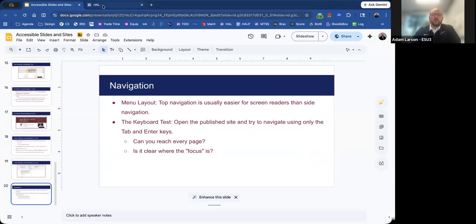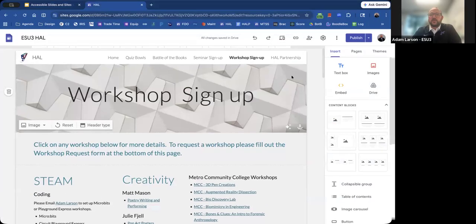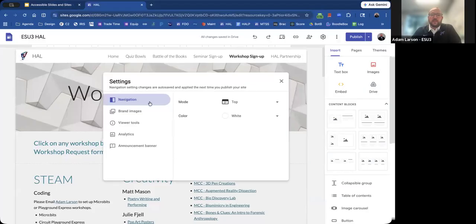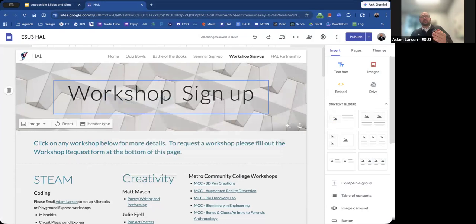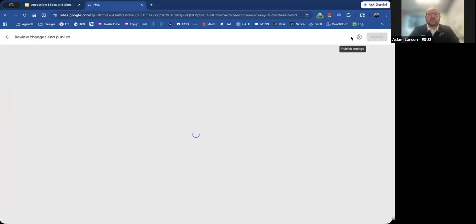Okay, so a couple quick little tips here up here in my website editor. One of the things that I can decide is where my navigation controls are, and them being on the top is best for screen readers because our screen readers start at the top and work their way down. So if our navigation is at the top, then the first thing that our screen readers hit is going to be that navigation. The way you can check this is to